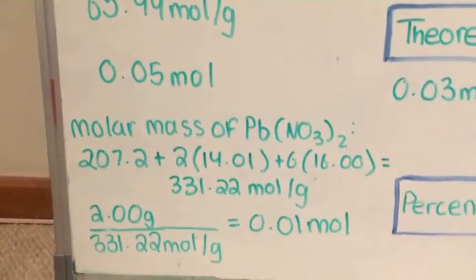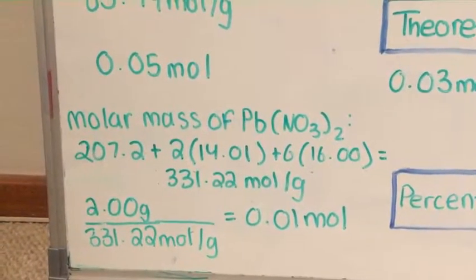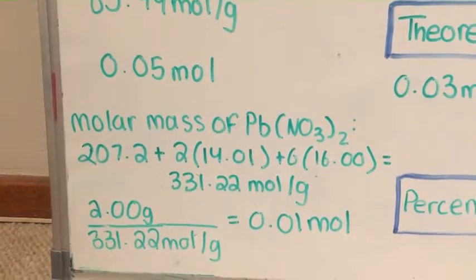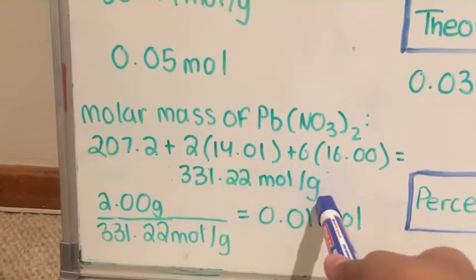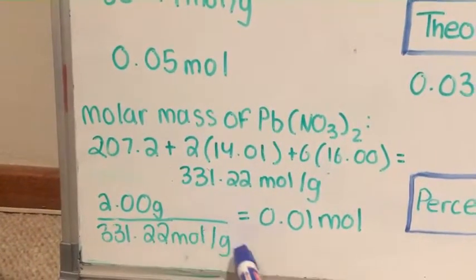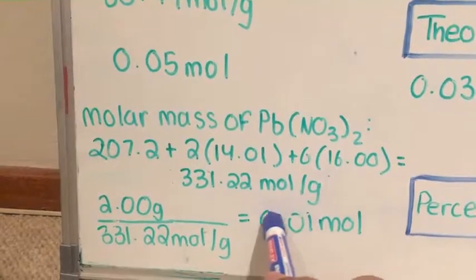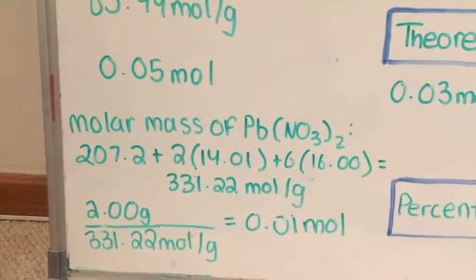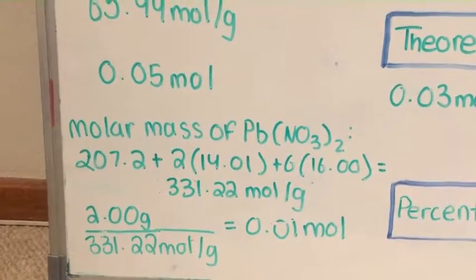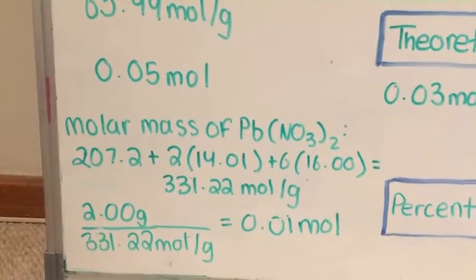And then we converted lead-2 nitrate to its molar mass, which is 33.21 grams per mole, and then we divided it by 2 grams to get 0.01 moles. We converted to moles so it would be easier to work with when calculating our limiting reactants and our